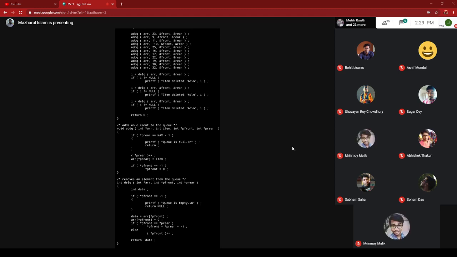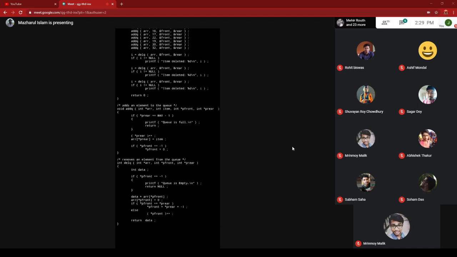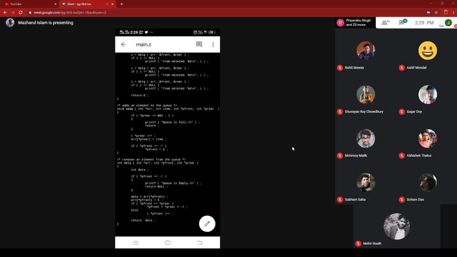So here, the first time add queue will be called, rear is updated: *p_rear++. When rear was initialized to -1, now rear will become 0. Okay, in the 0th location in the array, q[*p_rear] = item. And in the 0th location, at the first calling of the add queue function, the first element is added.